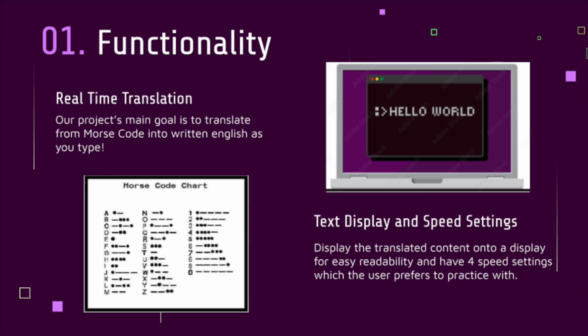The letter-by-letter translation allows users to develop a clear understanding of Morse code translation and timing, while the adaptable speed settings allow the device to be configured in 4 separate learning speeds to suit the user's practice level. Our on-device display is also conducive to learning, as there is no need to switch your line of sight while